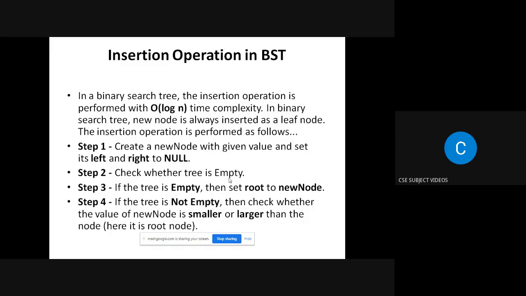Step 1. Create a new node with the given value and set its left and right to null. Step 2. Check whether the tree is empty. Step 3. If the tree is empty, then set root to the new node. Step 4. If the tree is not empty, then check whether the value of the new node is smaller or larger than